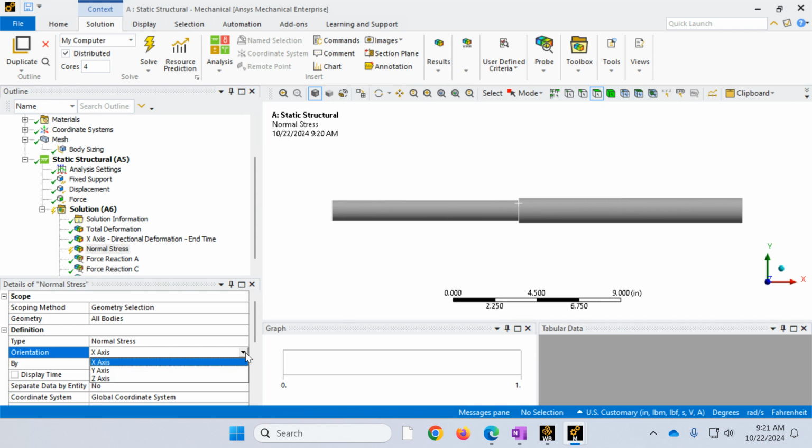This is important because if you have an axially loaded part that is oriented along the y-axis, you're going to need to change that and make it the y-axis. So I'm selecting here the axis of my part. Now, if I click Solve,